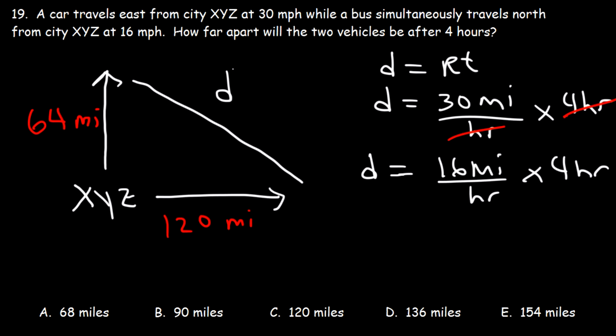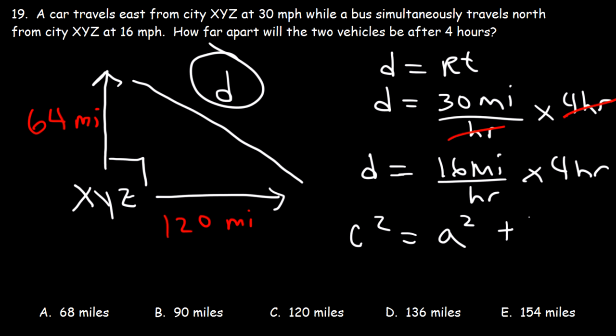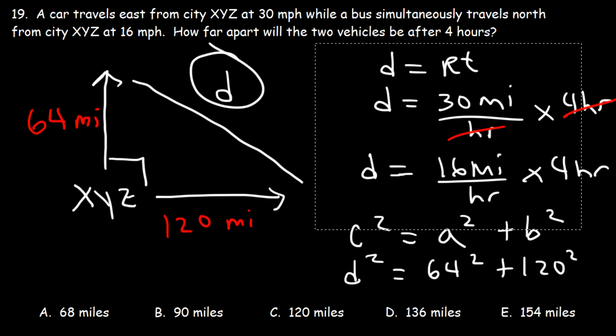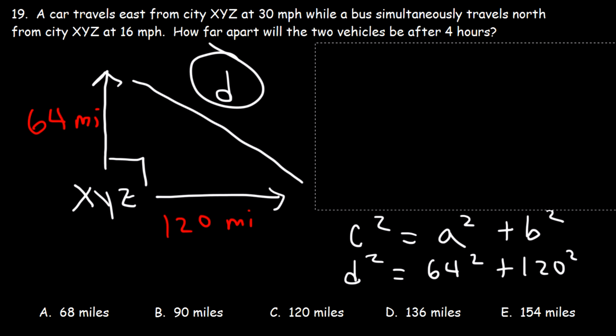Now, we can use the Pythagorean theorem to find the distance D. We know c squared is equal to a squared plus b squared. C being the hypotenuse, which is the same as D. A, we could say it's 64, and B, 120. So now we got to find the value of D. 64 squared, that's equal to